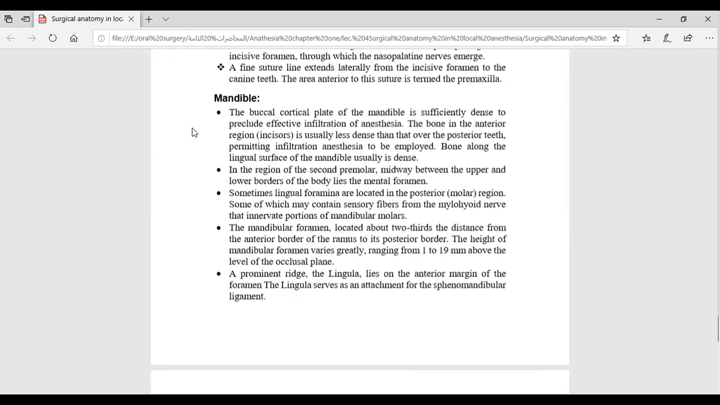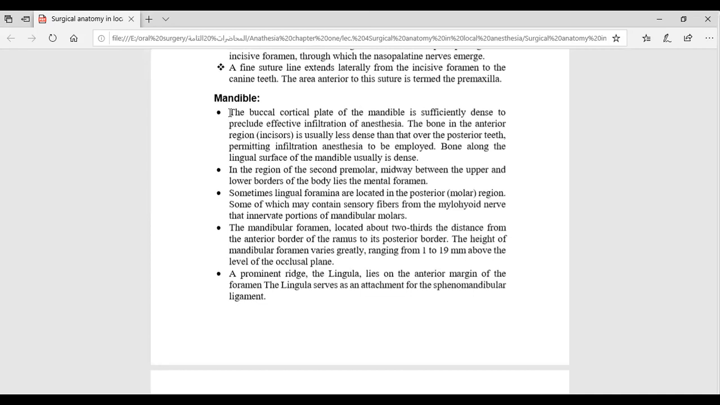Now we're talking about the mandible and the landmarks of the mandible that are related to the local infiltration or local anesthetic technique. The buccal cortical plate of the mandible usually is sufficiently dense to preclude effective infiltration of anesthesia. ذكرنا احنا انه عادة ما يكون الكورتيكال بون بالماندبل more dense less porous، لذلك الانفلتريشن راح يكون ineffective خاصة